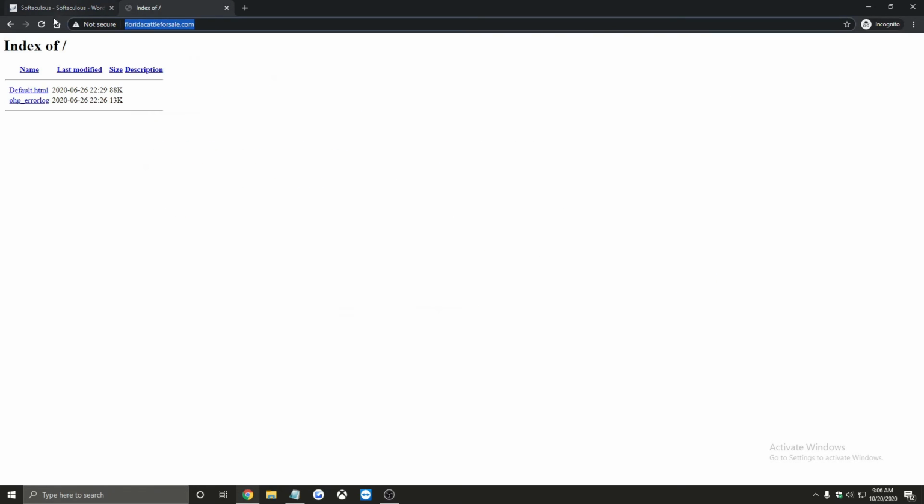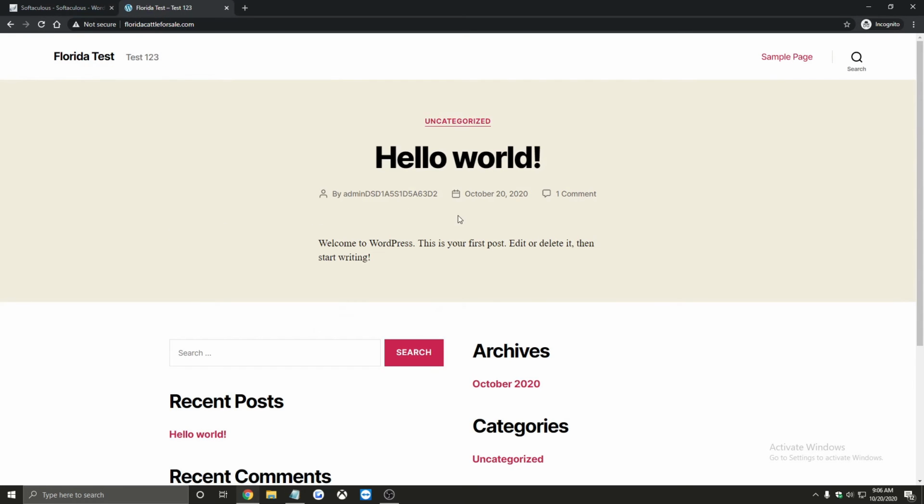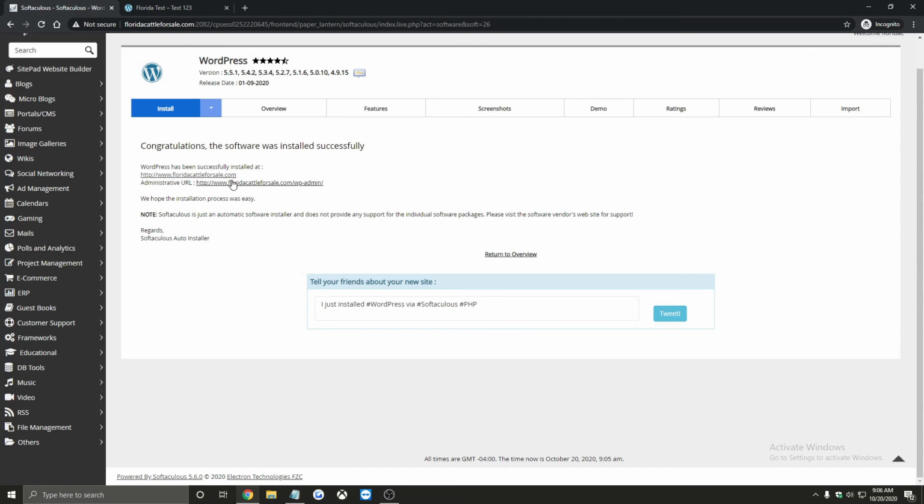Now we go back to our website and we click refresh. We'll see that WordPress is now installed, and we can log in with our WP admin and start getting to